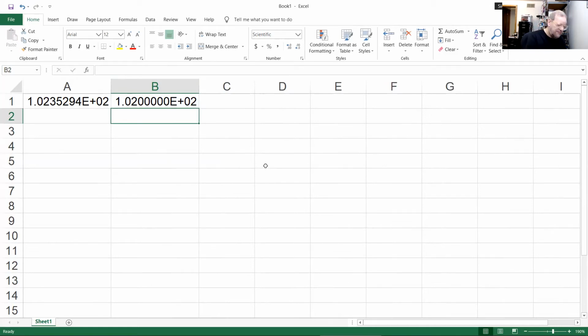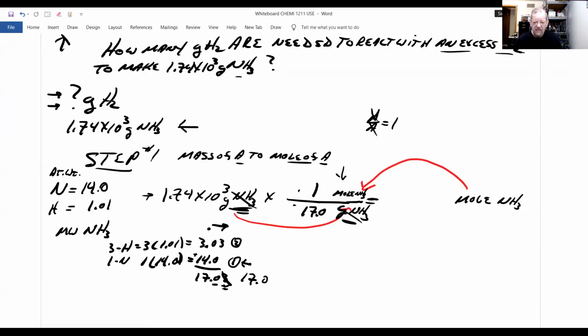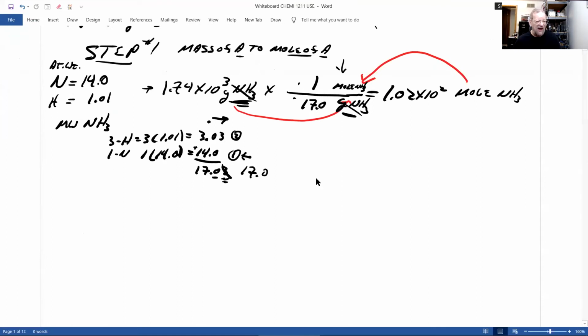So we have 1.02 times 10 squared moles of ammonia. Are we done? No, we're trying to get to grams of hydrogen. So what do we have to do? Now we have to do step number 2,